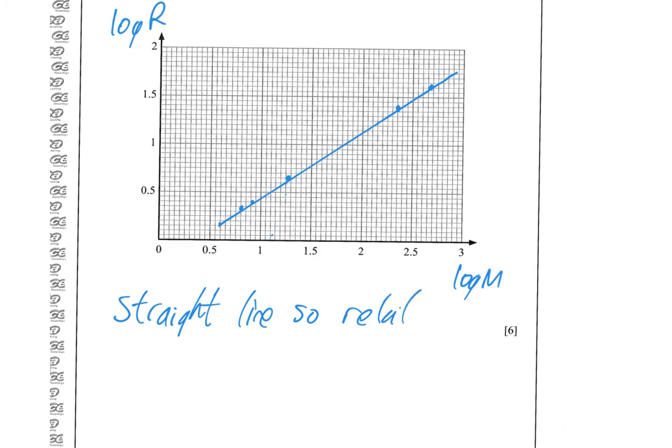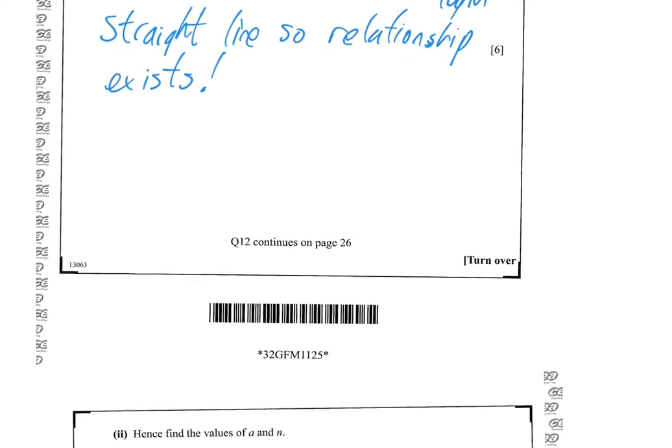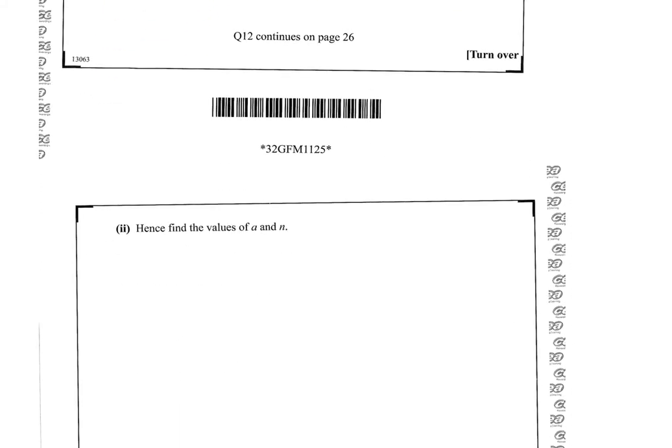so relationship exists. Okay, right. The next part of the question asks us to say, it says, hence find the values of